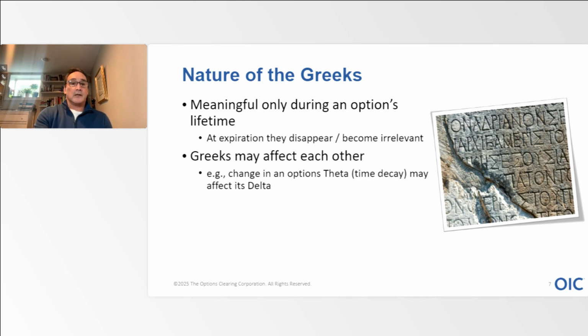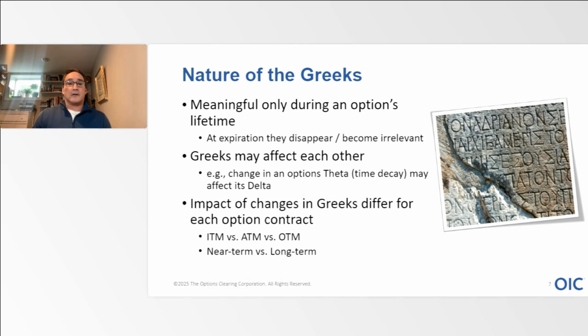Now, a change in the Greeks affects other Greeks, okay? So changes in an option's time will have an effect on its delta. A change in an option's implied volatility, which we'll look at later on, can have an impact on the option's theta as well as the option's delta. Now,